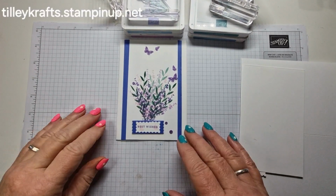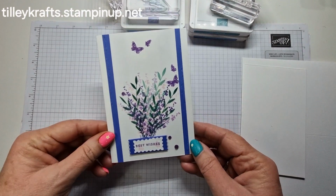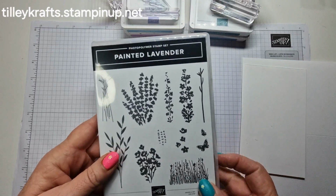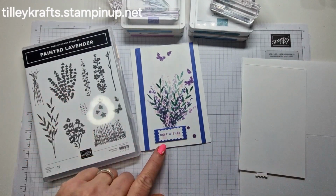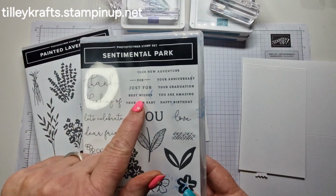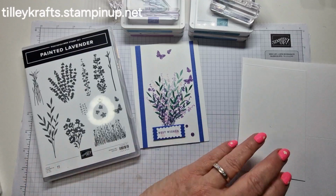You're joining Karen today from tillycrafts.stampinup.net, and today I'm bringing you this card. I've used the Painted Lavender stamp set. I've also used a sentiment from Sentimental Park. I wanted a little one, Best Wishes, and I've used the